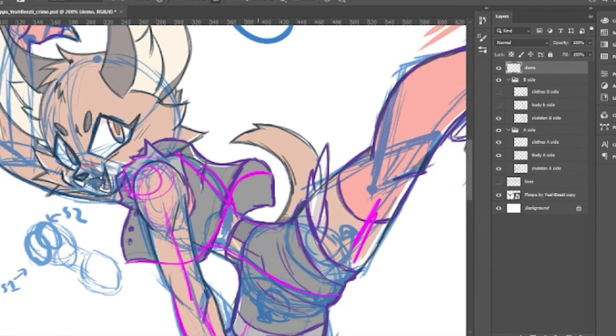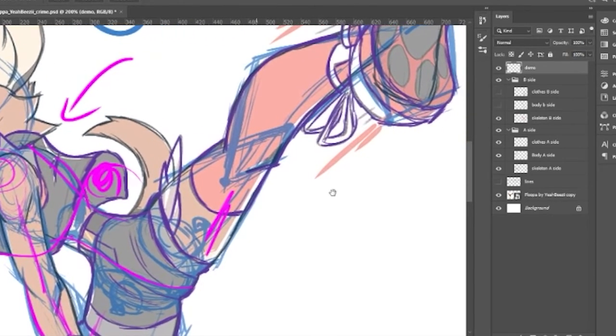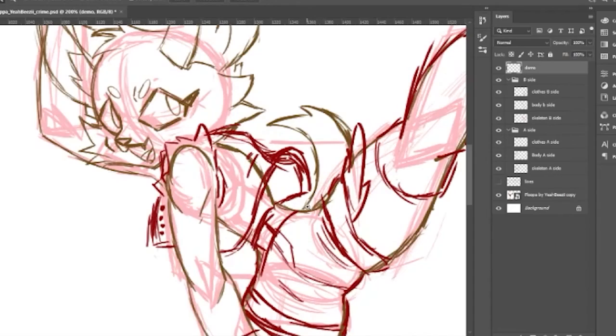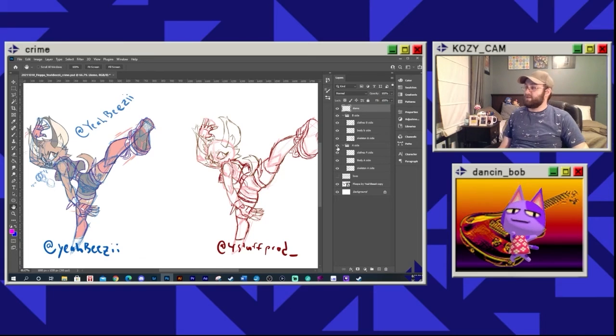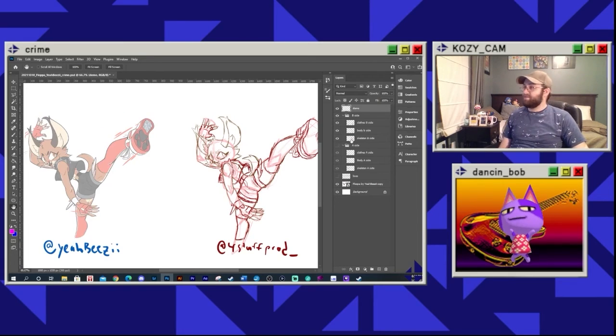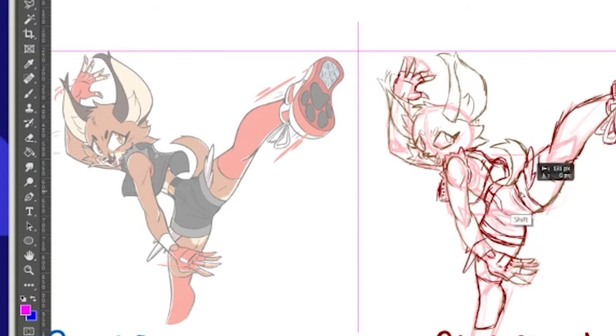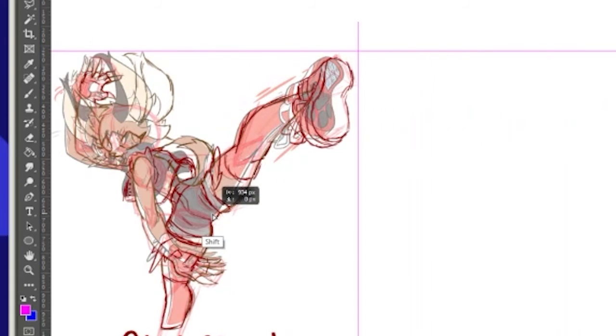So one particular bit here, look how this jacket floats around. And this is really good that it does this because it gives that motion of her coming forward and the jacket kind of catching the air right here. And I think that's really cool. I tried to figure it out over here. Didn't quite do it as well. So now here's the moment of truth. How successful was I in this crime? And so what I'm going to do here is I'm going to remove all of that. I'm going to take my sketch, I'm going to hold shift, I'm going to drag it over till I think it's just about right.